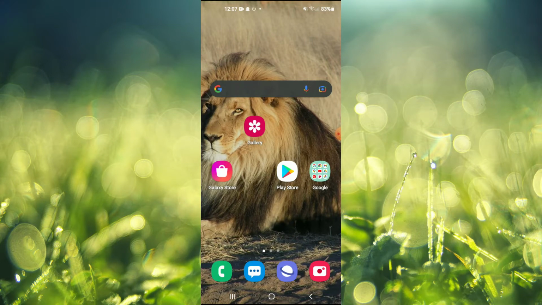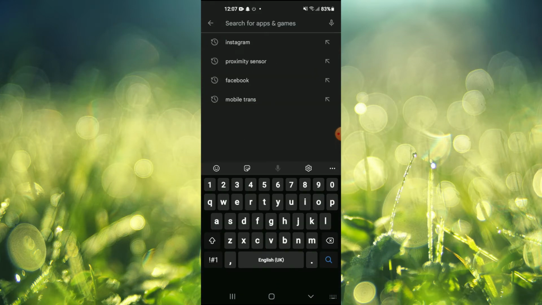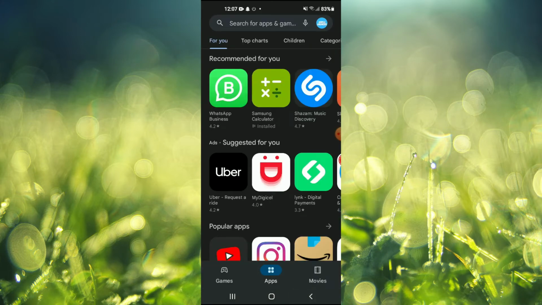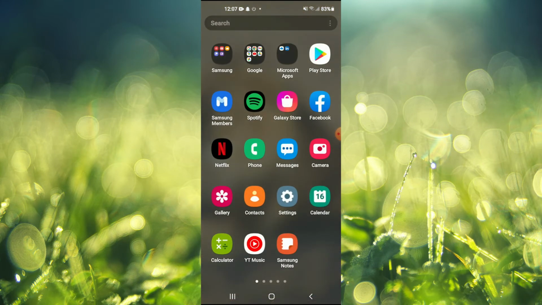The first thing you will need to do is tap on Play Store, as I want you to go into your Play Store and check if your Instagram app is up to date. And if it is not up to date, I would recommend that you update it right now. But if it is up to date, as you can see, mine is up to date. You are going to close out of the Play Store after updating your app, and you're going to go into